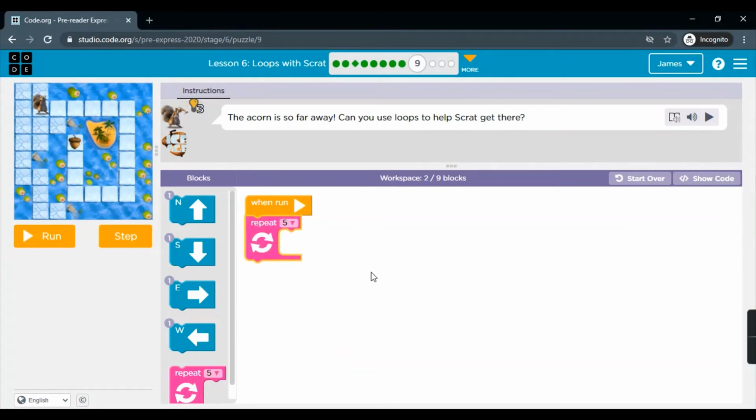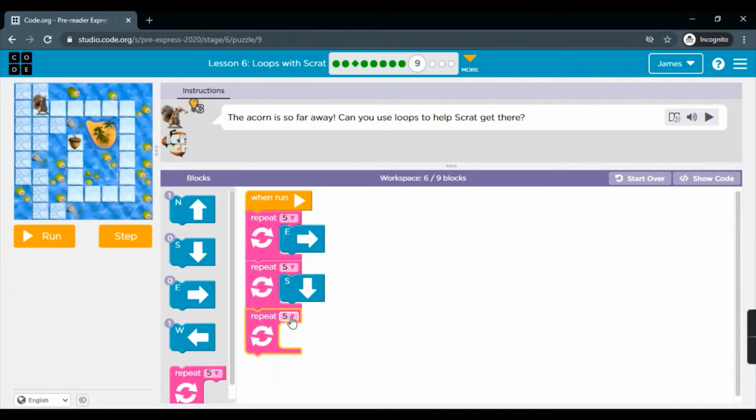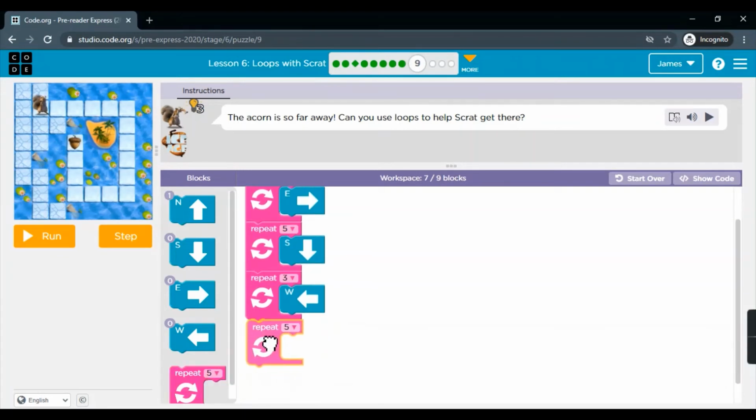Let's do this, otherwise we'll forget how many steps we have counted for each direction. So it is better to code in parallel as well. After reaching here, 1, 2, 3 times west. First we need to set it to 3 and then drag the block. Then after reaching here, 1, 2, 3 times north.